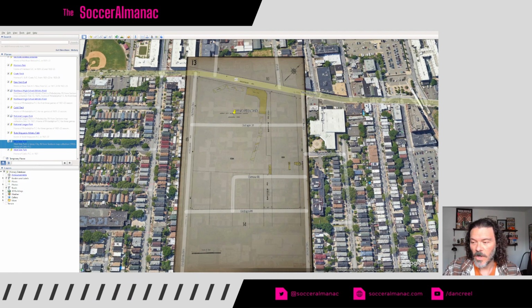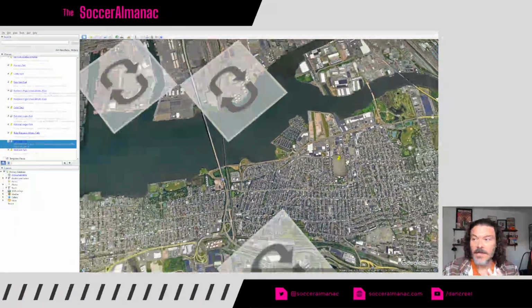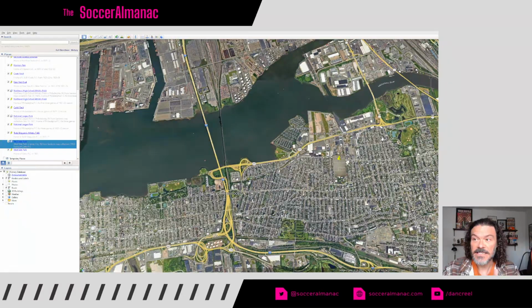They only won that one first round National Challenge Cup match before disappearing into history and never being heard of since. But they're an important piece of history, a bit of a curiosity, and it's just interesting to see where they're located. I'll pull back here, and I'll turn this, and you can see they're oriented kind of east to west.